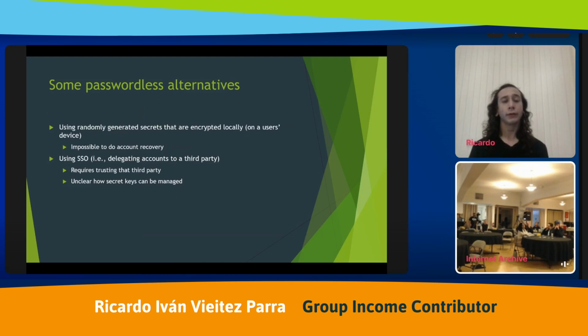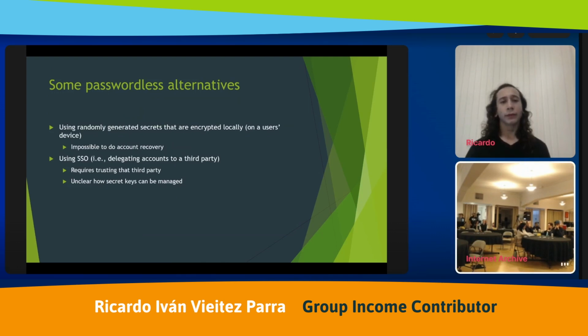Then the other option is using single sign-on. Single sign-on means delegating the accounts part to a third party. So if you've seen on some website these buttons, like sign in with, and then some social media site, for example, that's single sign-on. This is something that generally works quite well for centralized systems, but for decentralized systems, it doesn't work that well because one thing is that it requires trusting that third party. This is something that could potentially be overcome, or maybe it's not that important, but the main thing is that